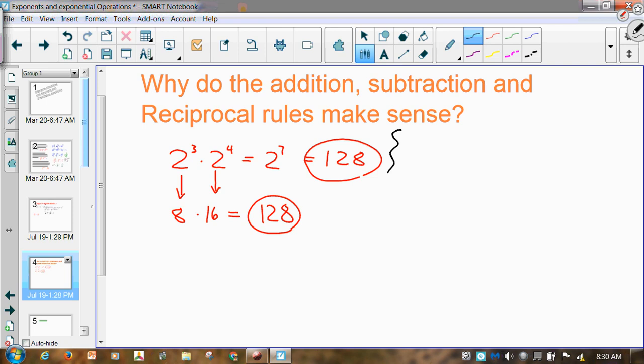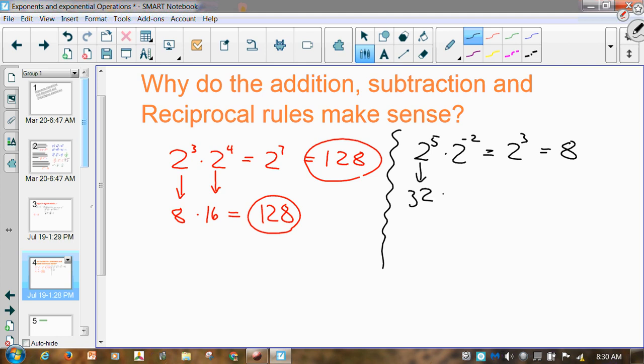Let's try something like, what if we have 2 to the 5th times 2 to the minus 2, right? With exponents, that's going to be 5 plus a minus 2, which is 2 to the 3rd, right? And 2 to the 3rd is 2 times 2 times 2, which is 8, right? So let's see what happens. So 2 to the 5th is 32,